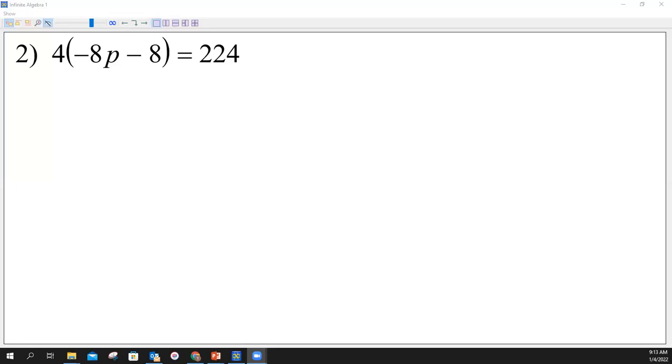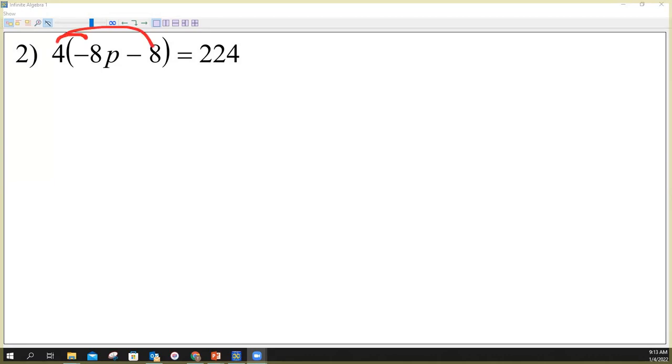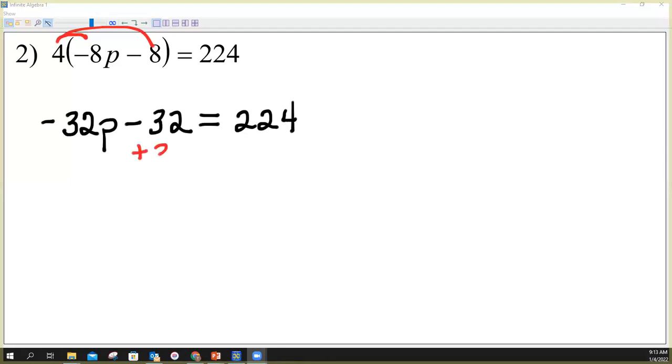Okay, so let's look at our second question. We're going to start by distributing this time a positive 4. So we distribute the positive 4, and that's negative 32p minus 32 equals 224. And then we add 32 to both sides,